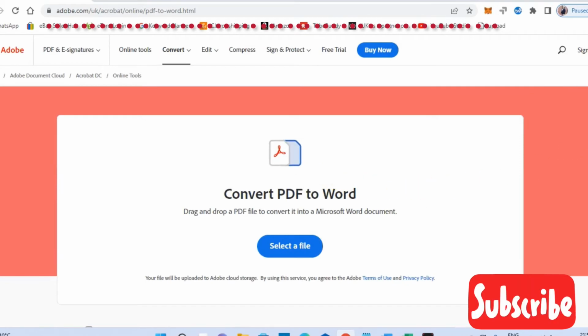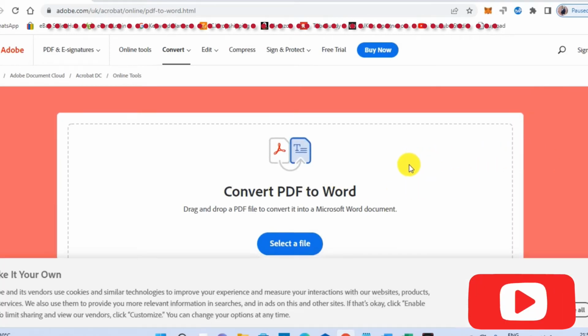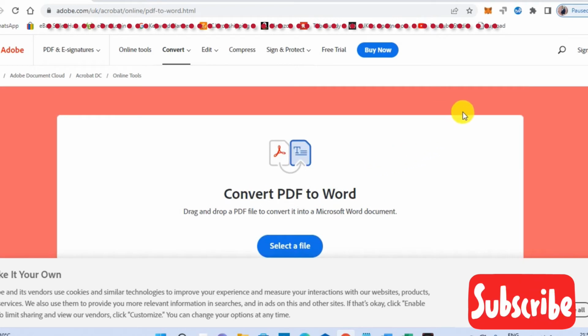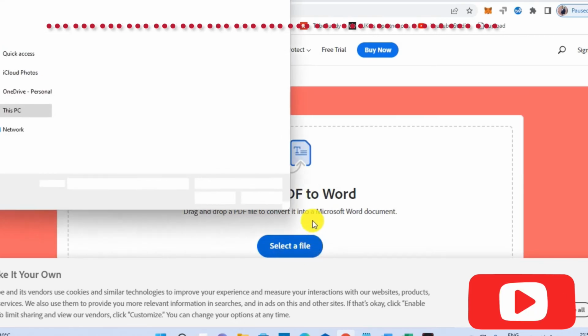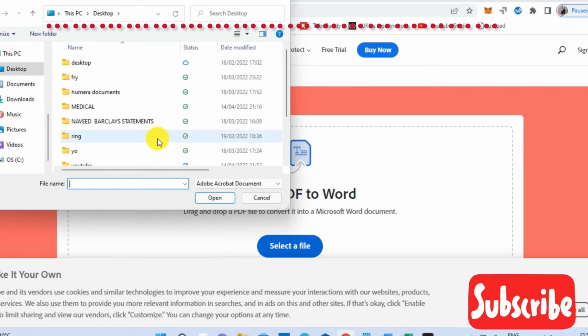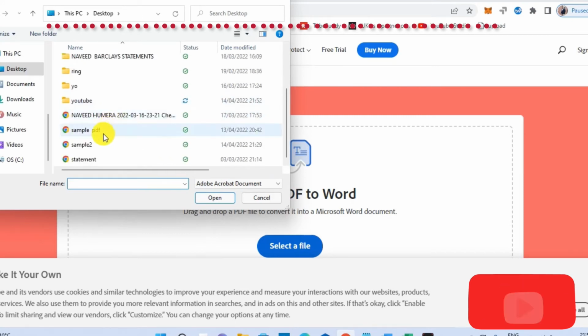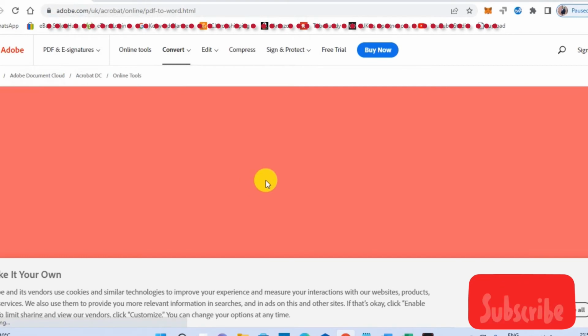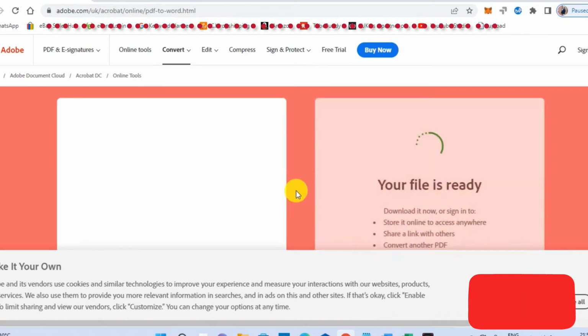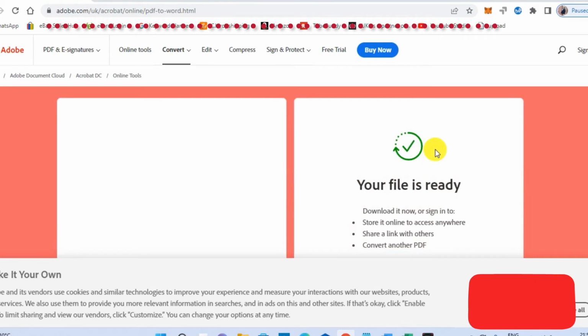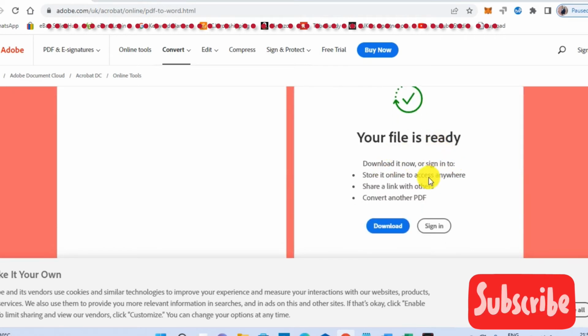And here it is. If you scroll up to see here, it's asking that either we can drag the file in here to convert it, or click on select to open the file which we want to convert to Word. So I have this sample file. I opened it. As I opened it in this window, it started converting it. Within a few seconds it's telling me your file is ready. So I click on download,